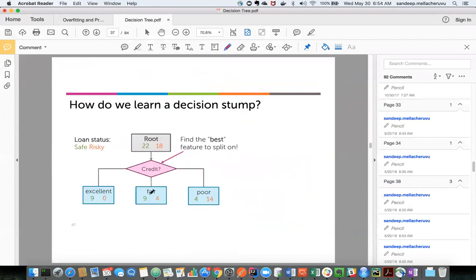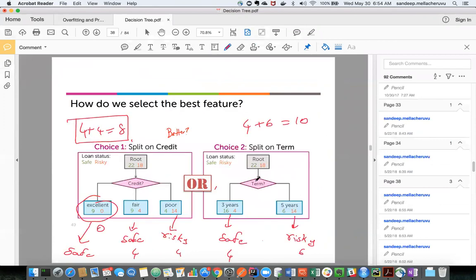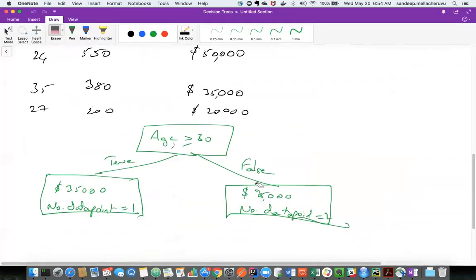First we tried to split on credit, then we tried to split on term. Based on both of them, we tried to find out the misclassification error. Whichever is having the less misclassification error, that is the feature that I tried to split on. That's what I have done. Now here also same thing, except that,